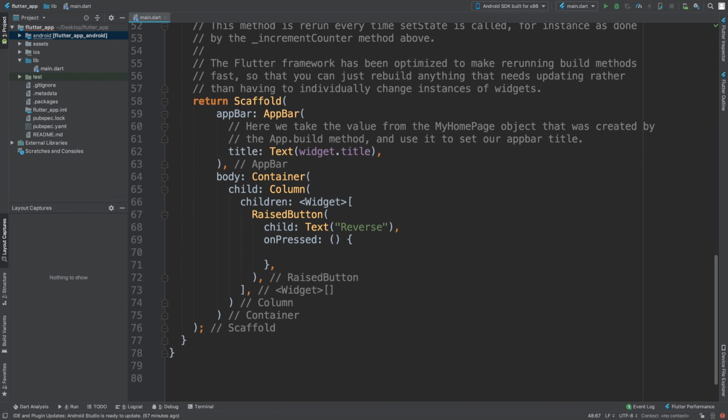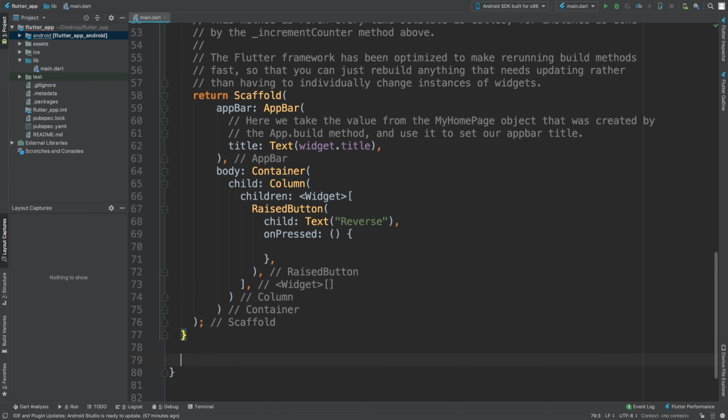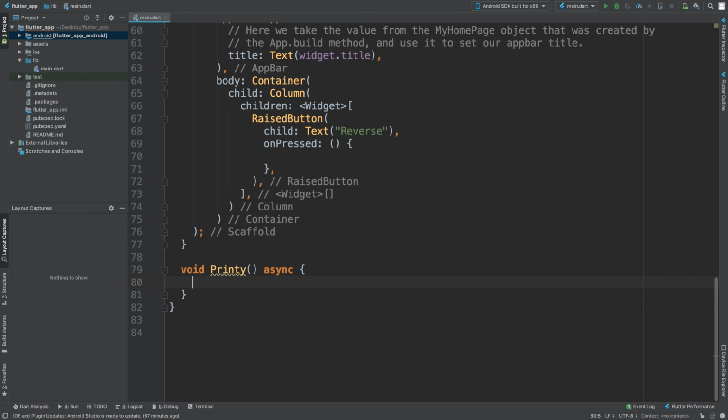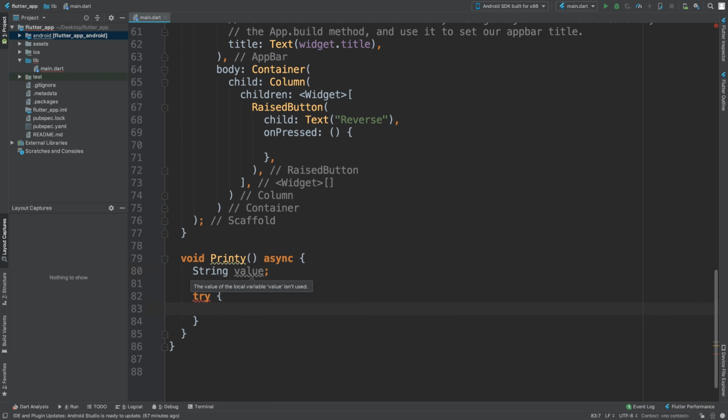Next, what we are going to do is create a method, and I'm going to say void. Now I'm going to call it printy because it's just going to print something out. It's going to be an asynchronous method. Inside of here, we're going to have a string, which is going to be the value that is returned. We're going to have a try catch block, and in here we're going to say value equals await platform dot invoke method, and the method we are invoking is going to be printy. We don't need the curly braces,